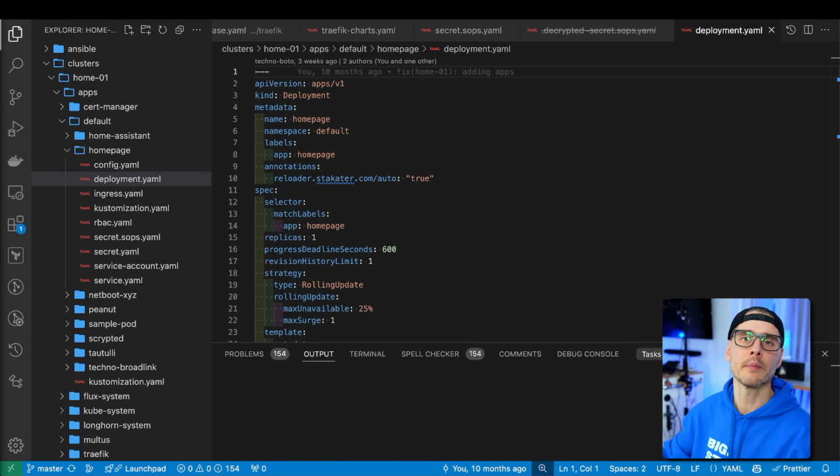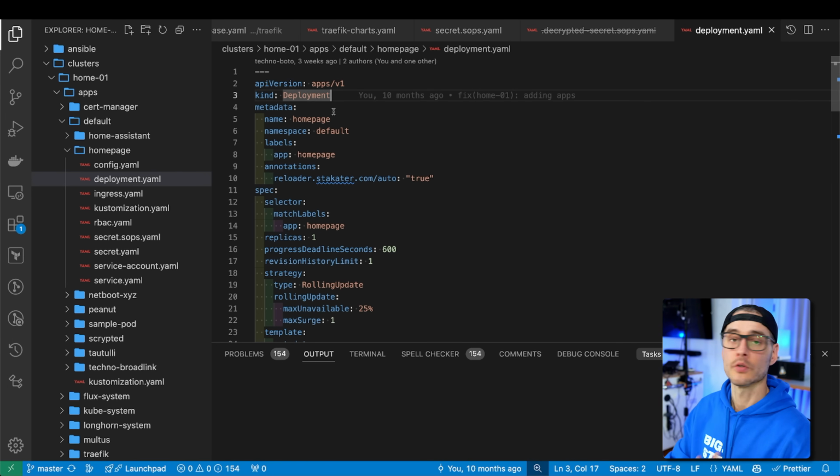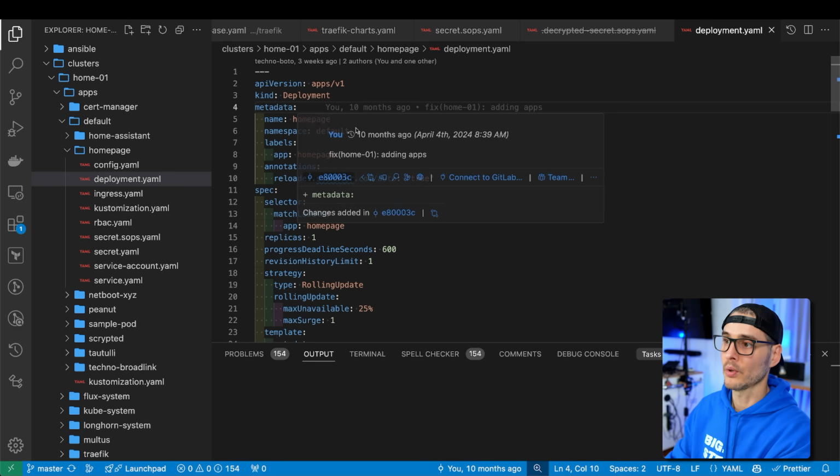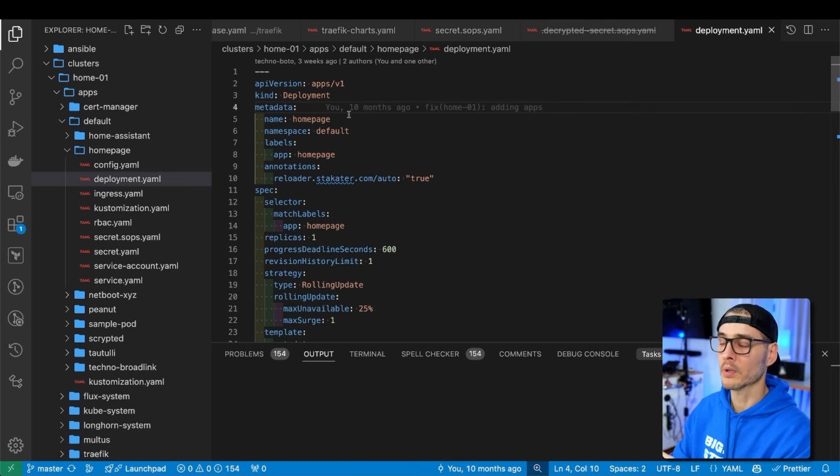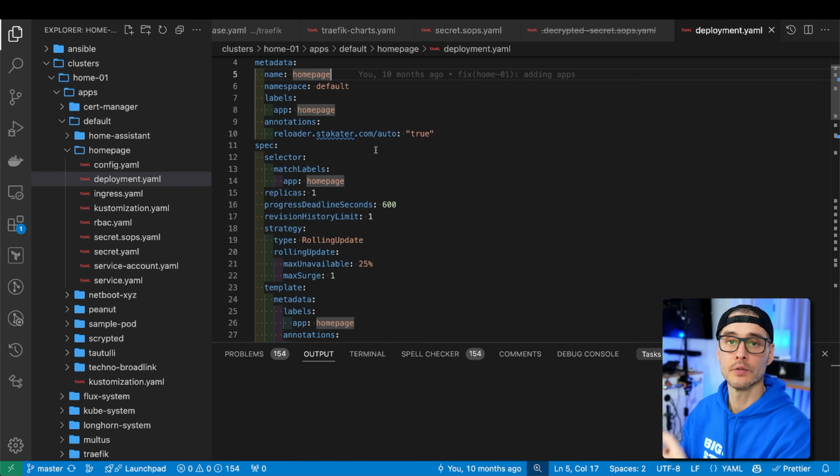And so a good example of this is with Kubernetes. So if I want to, for example, deploy Homepage right here in my home cluster, this is how I do it. I would commit this resource to my GitHub repo. I would push it up, and then there's a CI process that will deploy that. And so what you end up doing is not really managing your cluster through a UI or through manual convention. You do it all through Git. So really, your Git repo becomes the source of truth rather than the cluster itself.